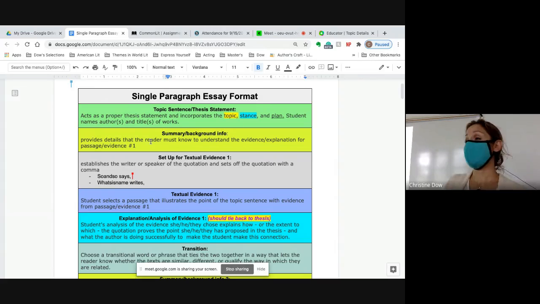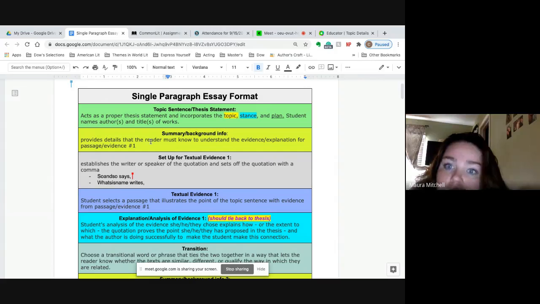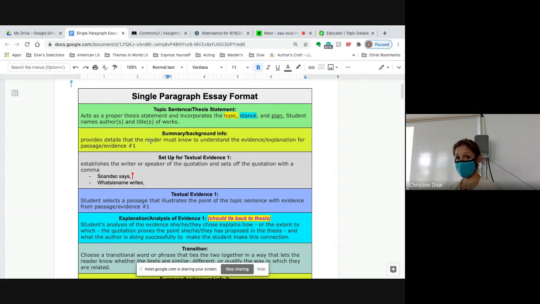And now Maura is asking a good question. You can use exactly the ones that you discussed in your lit circles with your peers, or you can just use ones that you read that you maybe didn't discuss with your peers. The purpose of the lit circle was to get your mind going, to get your analytical juices flowing, and to give you a way to see how the connections and comparisons among the texts could be made.